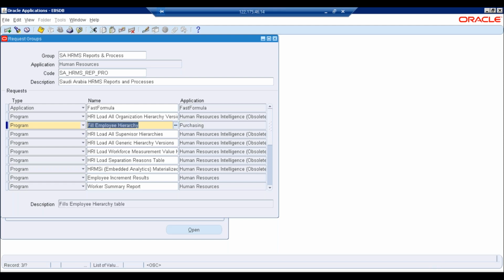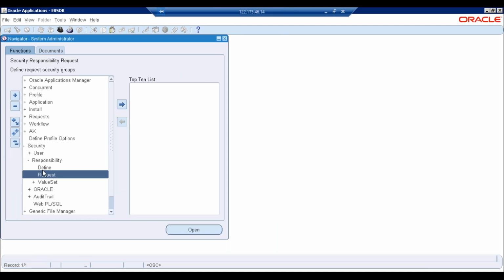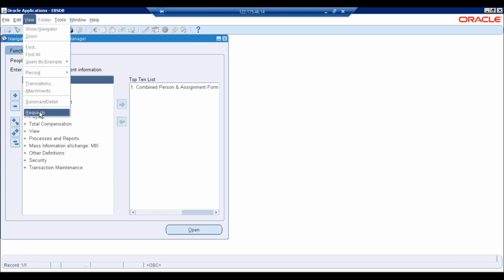See Fill Employee Hierarchy. Okay, this is actually from the purchasing module, because this position hierarchy is related to the purchasing module, but sometimes even the HR consultant has to create this. The HR consultant has to know it, because we will use this in self-service and the approval side. Okay, close this. Right, and the next is, we need to run this program. So after we do any changes,